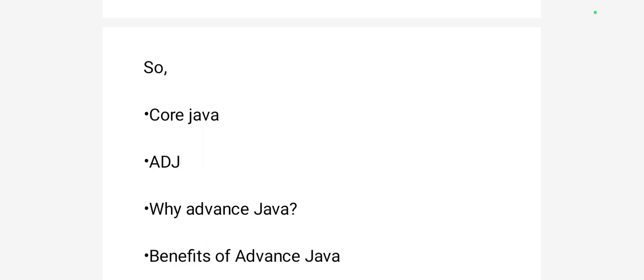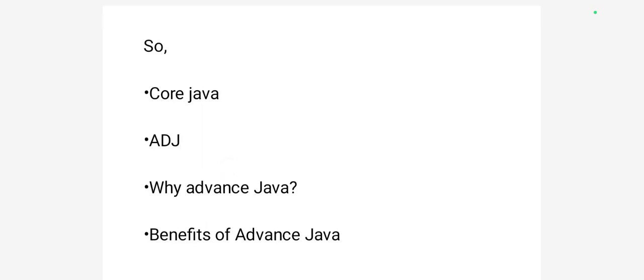So here we will see core Java, advanced Java, why we are using advanced Java, and some benefits of advanced Java. Core Java is used to build basic general purpose applications. Second, ADJ, Advanced Java Programming, is used to build enterprise level applications. Java is developed into two parts. First is core Java, which is called J2SE, and Advanced Java Programming, which is called JEE. The core Java part covers the fundamentals, which are data types, functions, operators, loops, threads, exception handling,